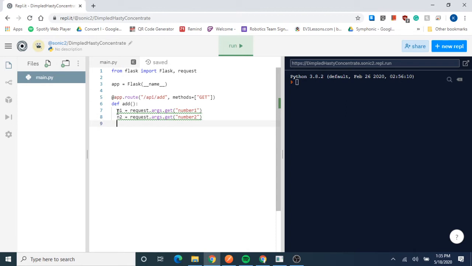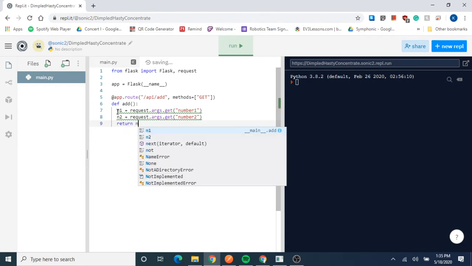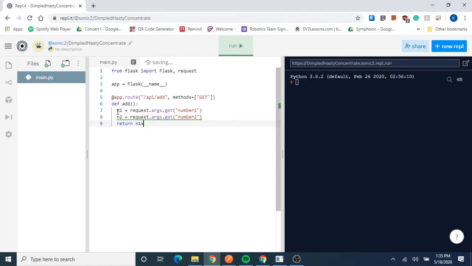Alright. So after that, we're going to want to return n1 plus n2. Okay. Now, we don't want to leave it like this, because currently, after I add the main function, I'm going to go ahead and do that first. But basically, we can't leave it how it is right now, because if we do n1 plus n2, those are both strings. Whenever you use request.args.get, those are returning strings,